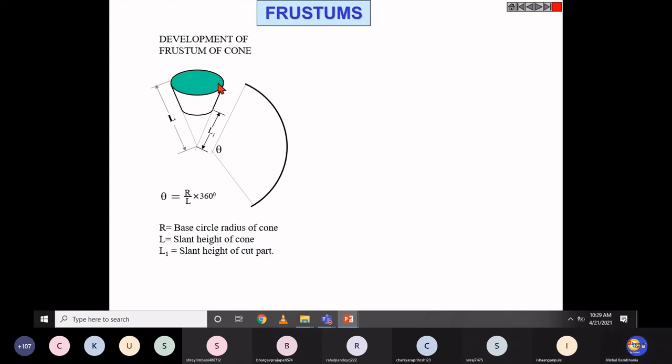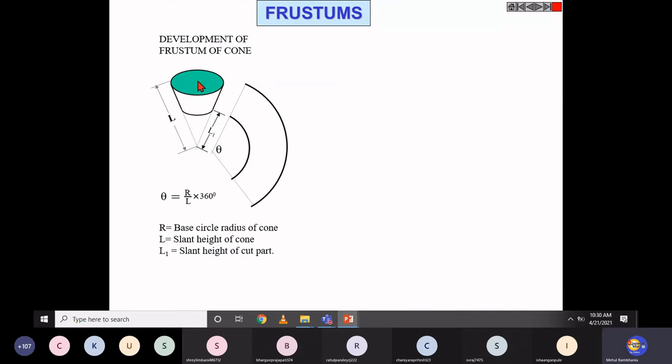Now I mentioned that this cone is actually cut with some section plane, somewhere over here, that means from the apex at L1 length. So you just take the measurement from that apex to that L1 and reflect that in this way, because only this much portion you have to develop. This is not existing.